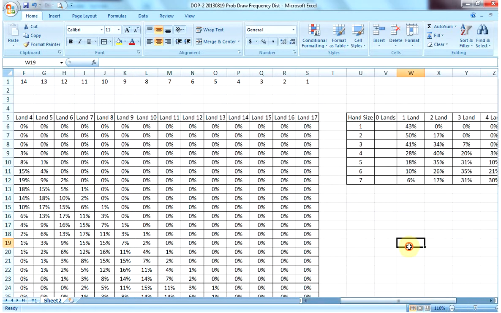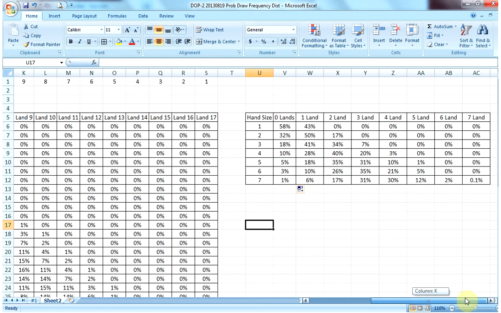For getting 0, we have to make one adjustment because it wasn't in our chart, but we know that the probability of getting 0 or more lands in our opening hand is 100%. 0 or more covers the entire spectrum. So we drag this here, I can delete that and just put a 1 in for 100%,